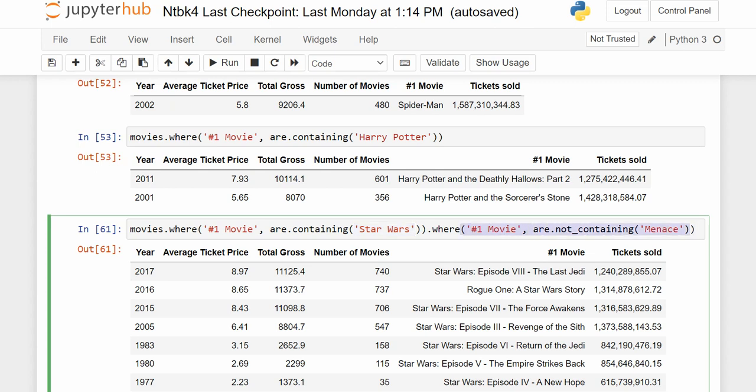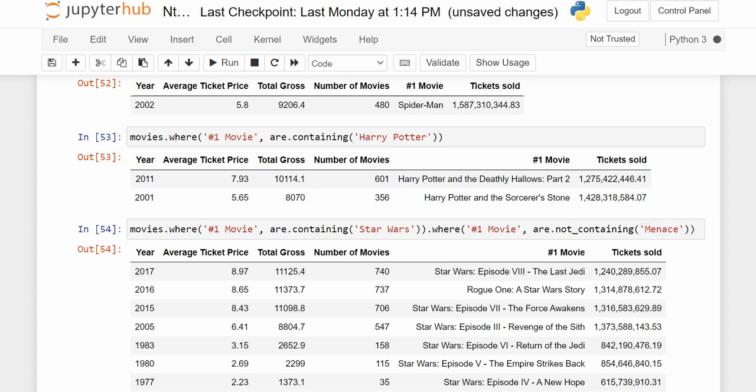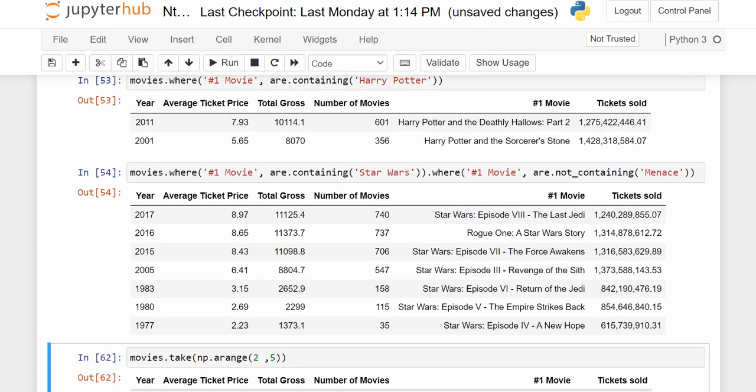But look at this. Why in the world are we putting this in? Well, it turns out that I can negate r dot containing and make it r dot not underscore containing. And this is true for all my predicates. I can use a not underscore in front of them. What's this going to do? Well, it won't let Phantom Menace show up. I don't know why whoever created the notebook didn't want the Phantom Menace to show up anywhere,